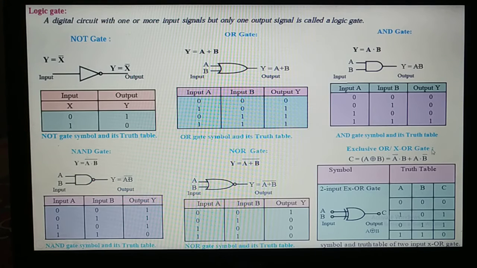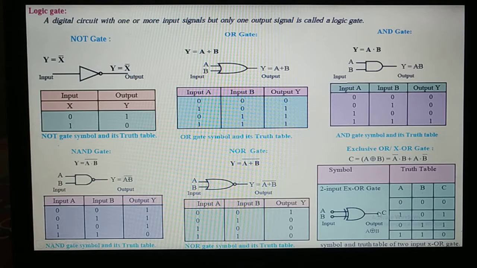So the XOR gate, the exclusive OR gate. Here you can see the expression: C is the output, which is equal to A XOR B. We can read it as A bar and B, or A and B bar. See how I am reading this. I am not reading this as a plus or this as a dot or product. This is OR, this is AND. Now how it works, we'll see in the truth table.